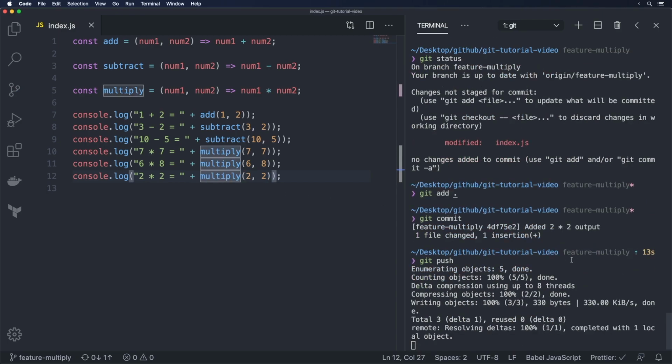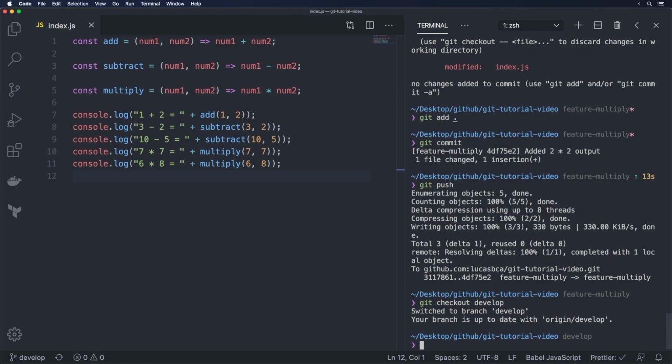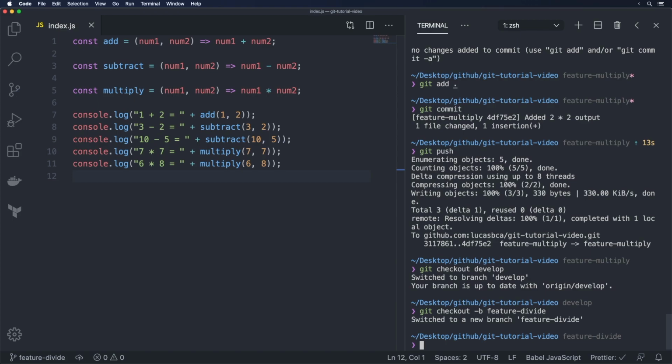And once we've done that, what I'm going to do is go back onto git checkout develop. So from the develop branch, and this might be simulating another person working, or it could be yourself as well. Now we're going to do git checkout -b feature divide. So basically, one person could be working on one feature, someone else on another feature, and I'm going to